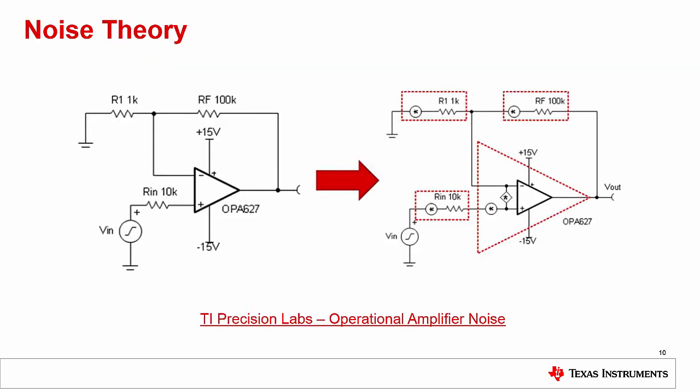Noise can be defined as an unwanted signal that combines with the desired signal to result in an error. This can usually be seen as an error in the measured output. Here we will look at the intrinsic noise that is typically generated by the circuit components. The main contributing factors are the amplifier's internal voltage noise, internal current noise, and the components around the amplifier such as resistors. Again, this video will focus on the results. For more information on how to calculate and simulate noise, please see the TI Precision Labs op-amp series for detailed steps.